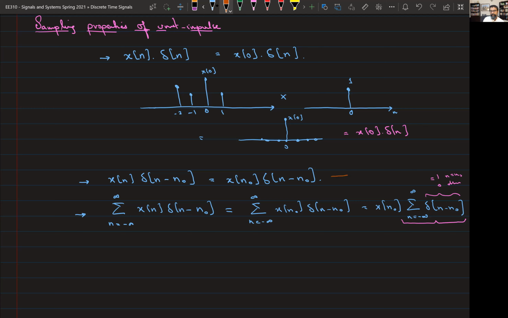This is a signal and this is a function of n, right? What that means is that this signal is equal to 0 for all values of n and is equal to x of n naught at n equals n naught, right? So if I sketch this out, let's say ये n था और ये कोई n naught value थी, और n naught value पे ये signal जो है कुछ x of n naught डिजाइन करता है, और बाकी हर जगह पे 0 है. Now this is a signal,